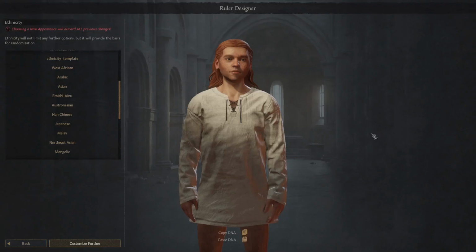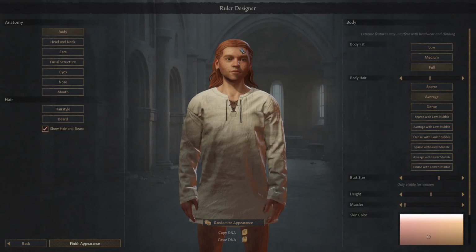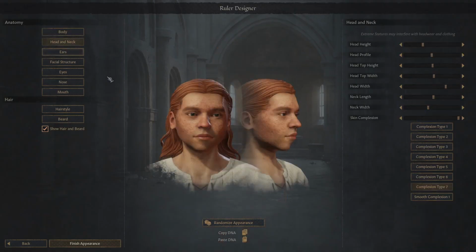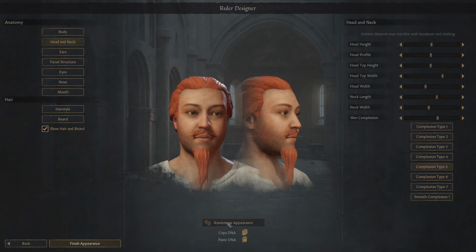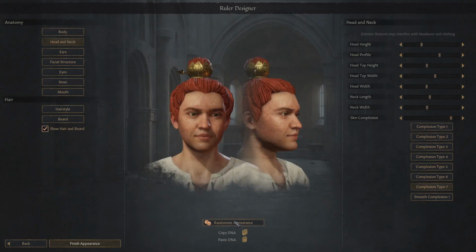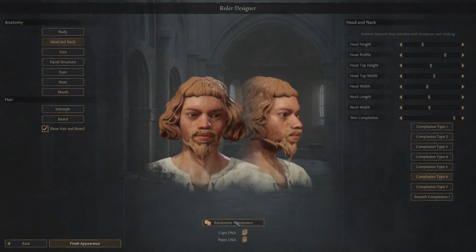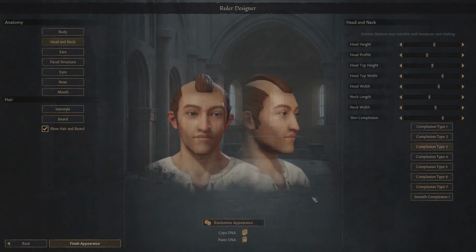So we're going to take a look at a few ethnicity files and how they look in game and see what we can do with them. I'm not going to go through all of them, but just as an example, here's what the ethnicity template looks like in game. It's not actually defined to a culture right now, but these are generally what they look like along here. As far as facial structure, you can see that they do look pretty European,